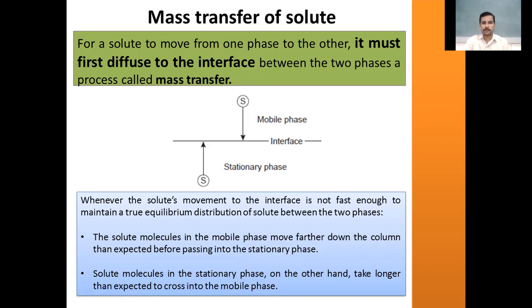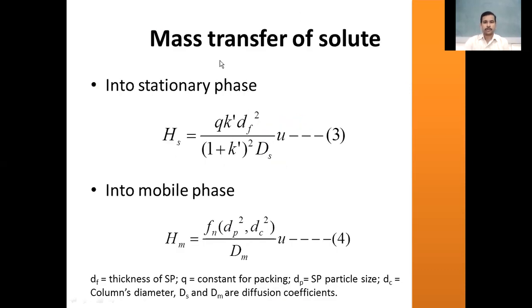And as a result of higher band broadening, the chromatographic separation efficiency will become suppressed. So, the mass transfer of the solute into the stationary phase and mass transfer of the solute into the mobile phase are expressed by means of these two equations. The plate height will be increased due to mass transfer of the solute into the stationary phase, that is denoted by Hs is equal to Q into K dash into dF square divided by 1 plus K dash whole square